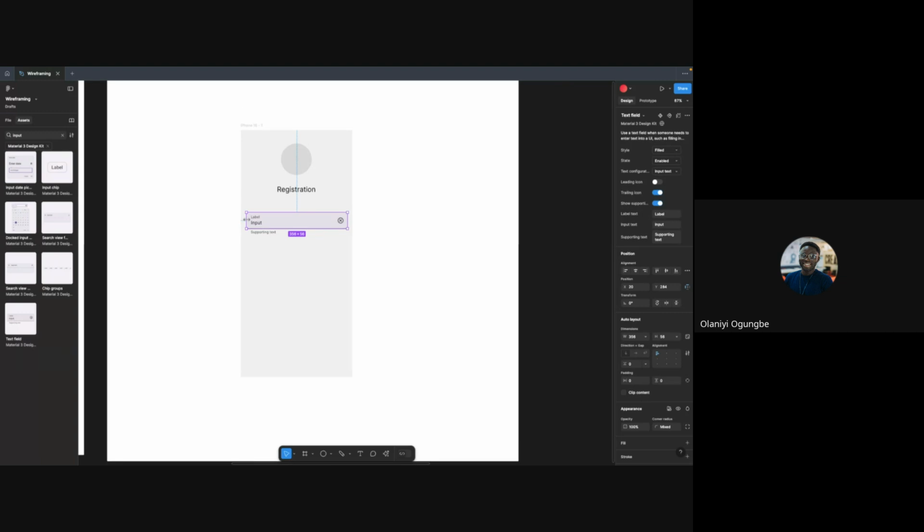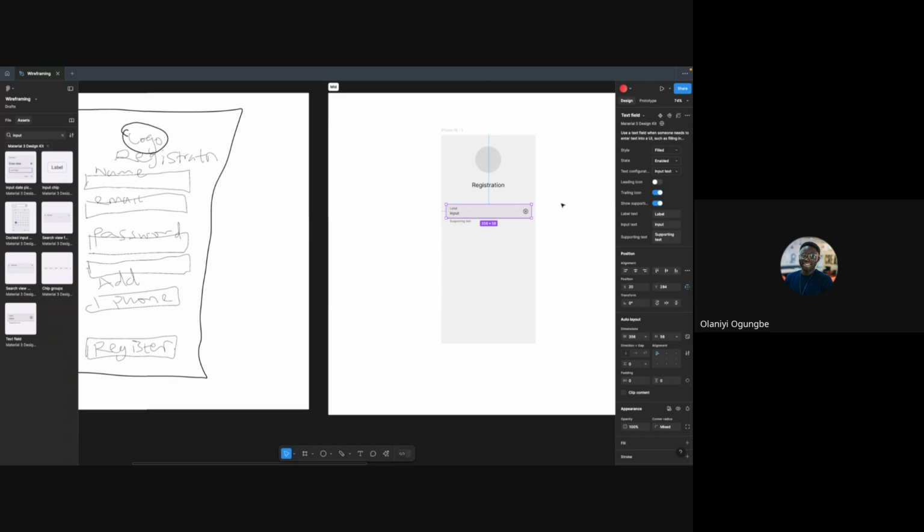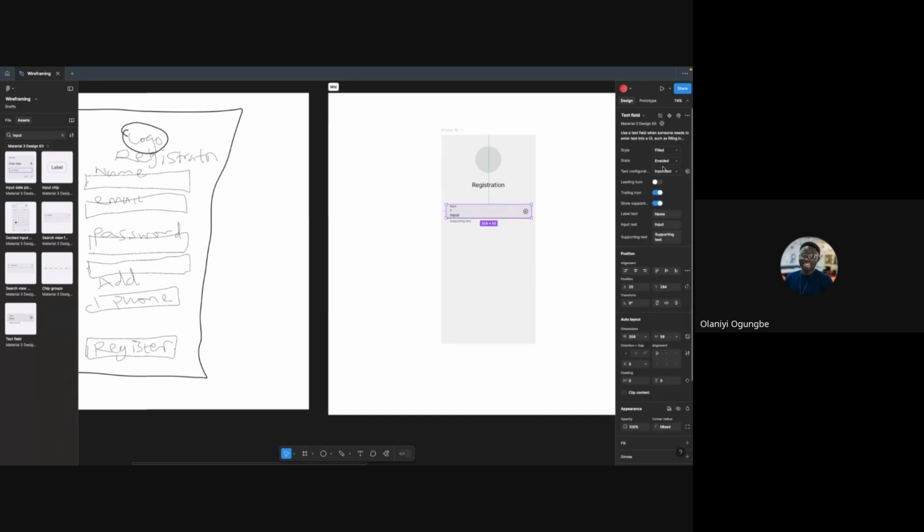Okay, so now what is the first thing we need to have there? Name, right? So what do I do? Input text. The label should say name. Let's remove the trailing icon.